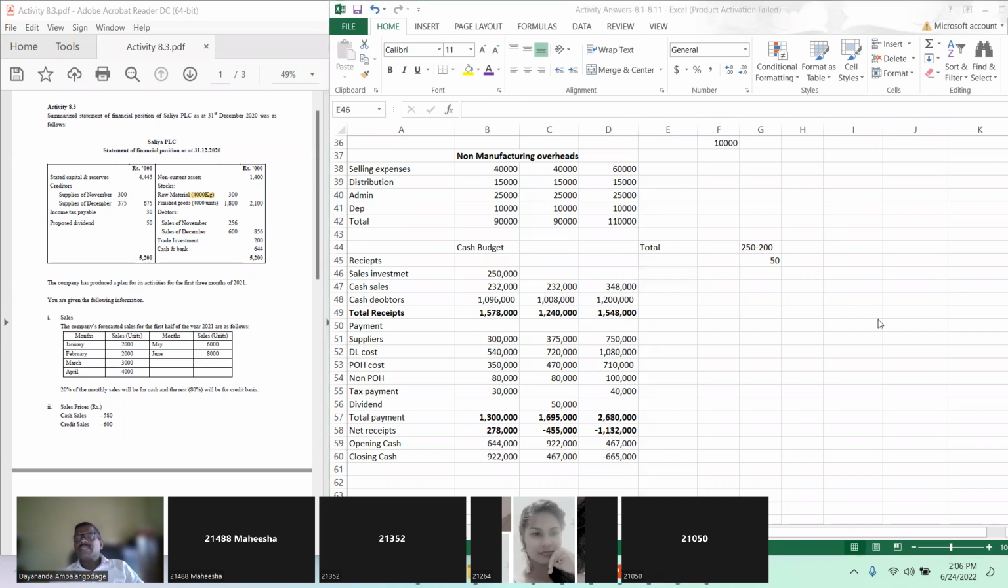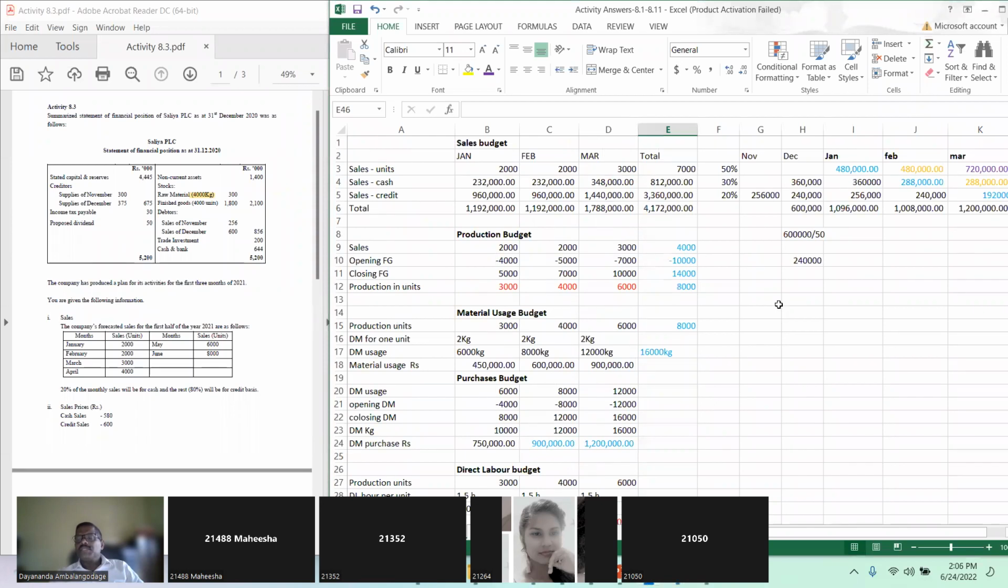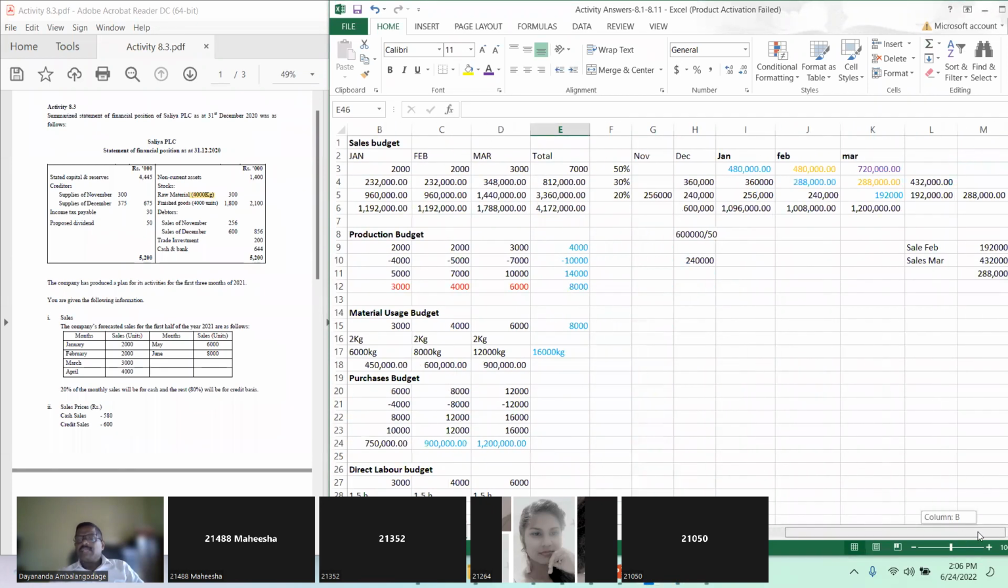So what you have to do is, I will do it. No, please listen very carefully. This is a little bit complicated. Now, you see, according to the balance sheet, we have debtors of 256,000 in November. This is November sales. And December, we have 600,000. You know that we have